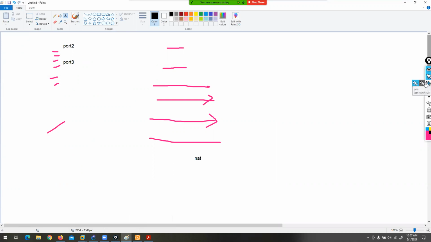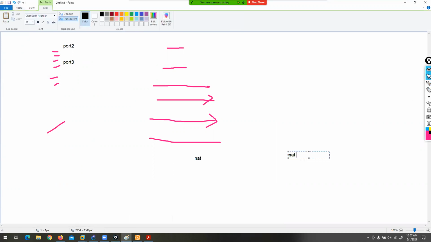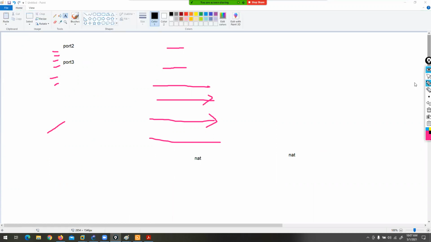Then again you need to add NAT, yes or no? Yes. But the incoming interface is again port 2 and port 3. Understood my point? Yes. For every firewall policy, you need to attach a NAT rule, right?